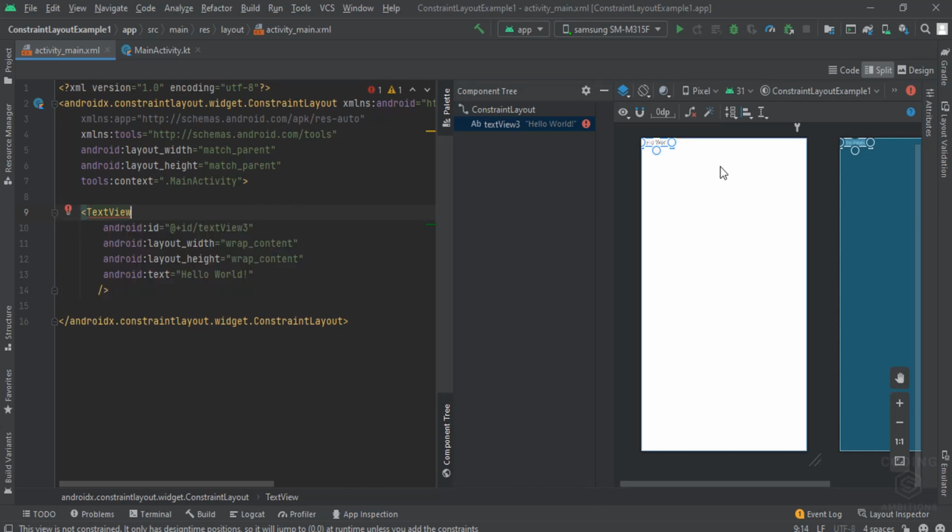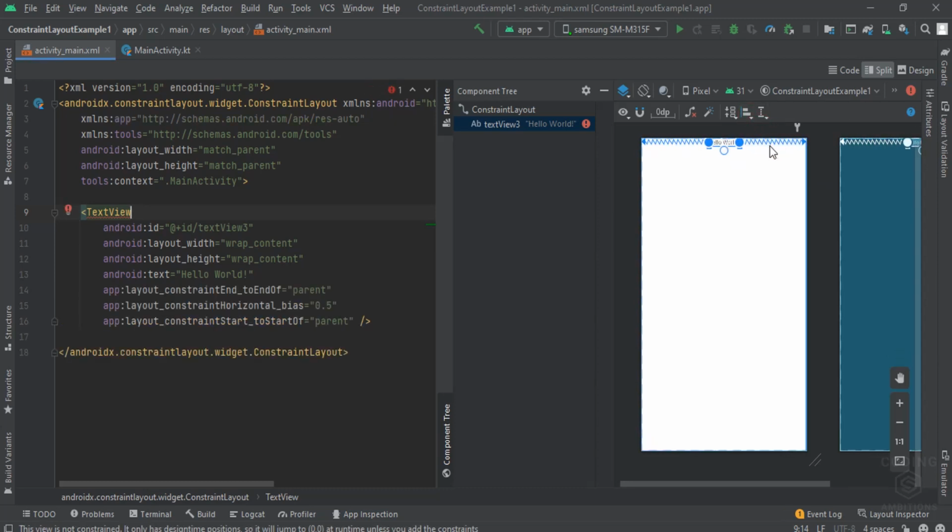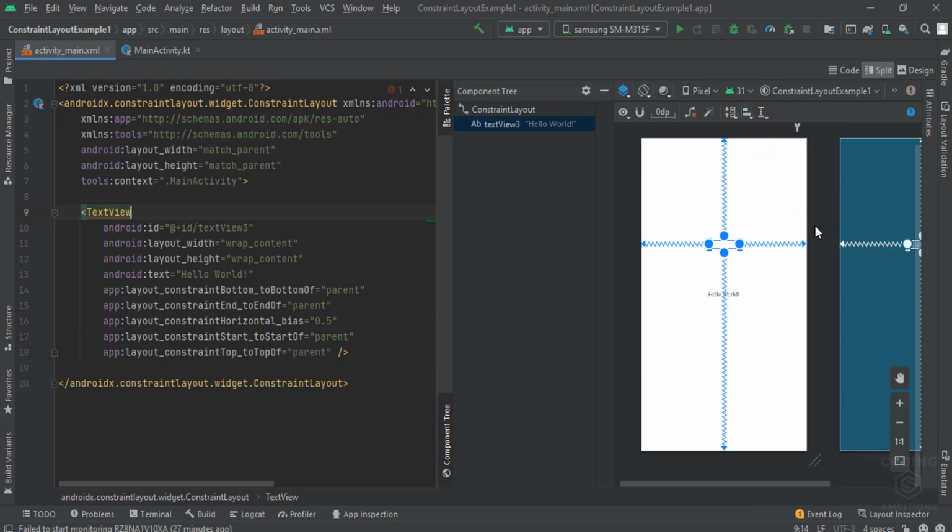So let's use some tools here. We have some shortcuts provided by Android Studio. You can see them in the align tool. If we want to align this horizontally, we can use this, so it aligned it horizontally. Similarly, if we want to align vertically, then it is this constraint here. This automatically puts the constraint here.